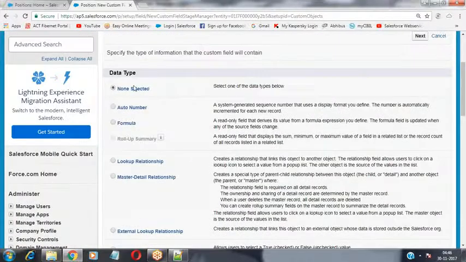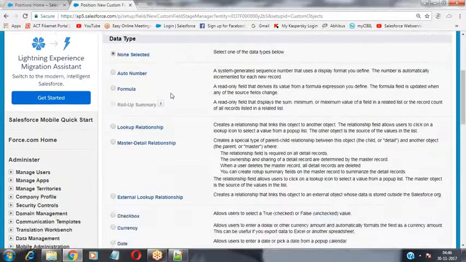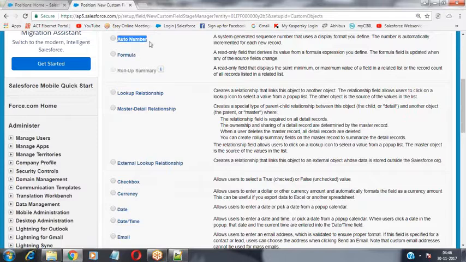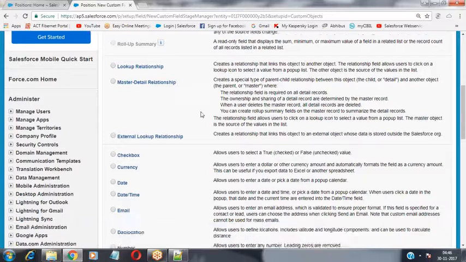Like we have none selected, nothing but nothing has been selected. We have auto number. We have formula. Forget about this formula and relationship types, we will discuss these in the relationships concept.